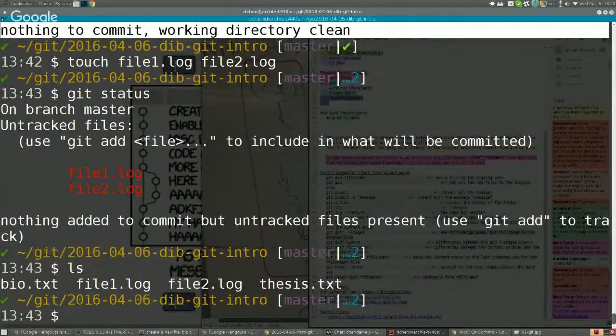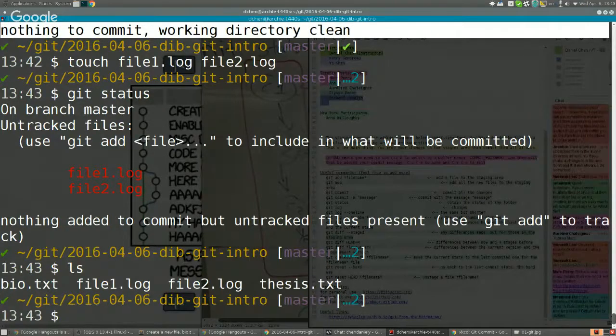But let's say those are 2 files that just get generated because, you know, I opened bio.txt. If you use any text editor, there's always going to be either a hash or a tilde at the end, and those are like those recovery files. You want to ignore those. Why do you need Git tracking recovery files? So you want a way to ignore them. And the way you ignore files in Git is